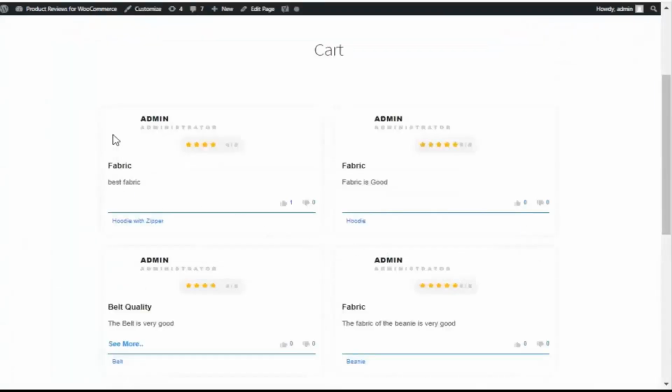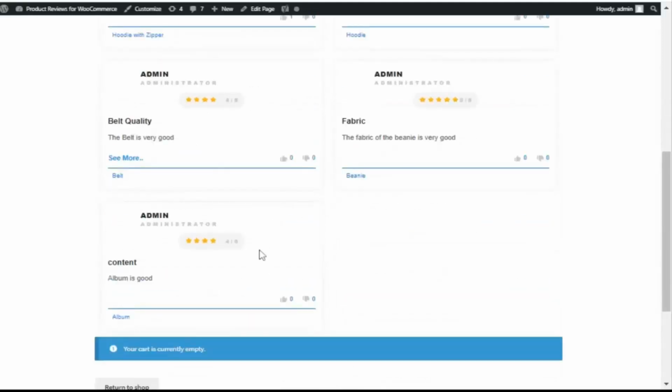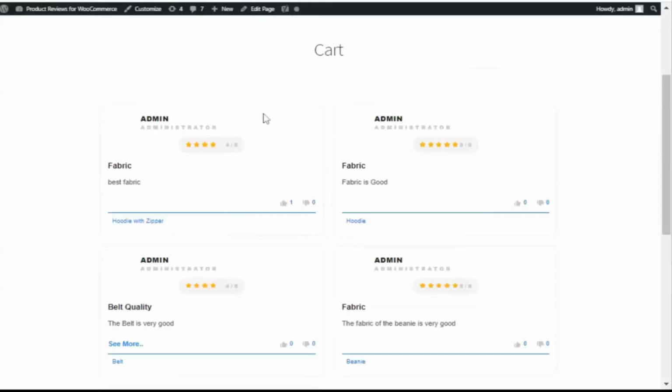As you can see, we have decided to show the reviews in grid format on the cart page, and it's coming here. So it will reflect like this. If you want different formats, you can paste a different shortcode and you will get the reviews in that format only. So this is how you can use the shortcodes that can be placed on page editors to display the reviews in different formats like grid, list or slider to make your reviews look more attractive.